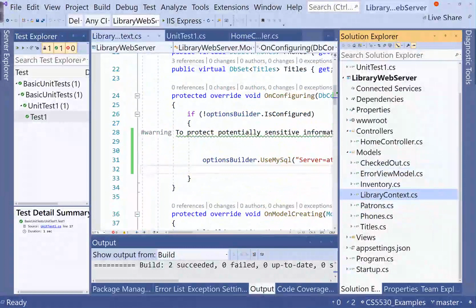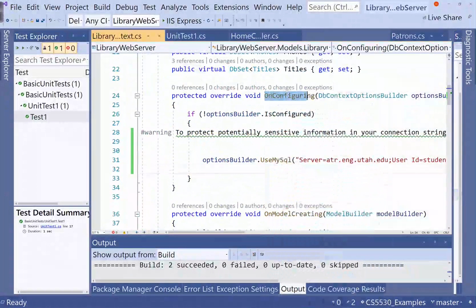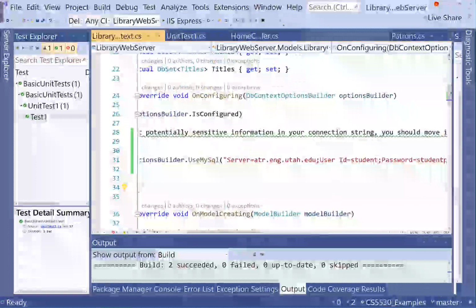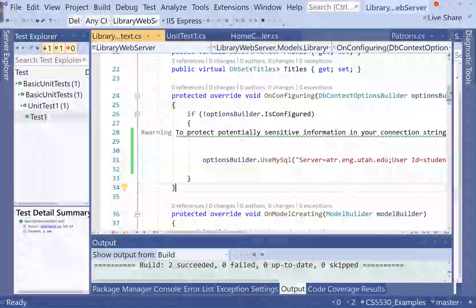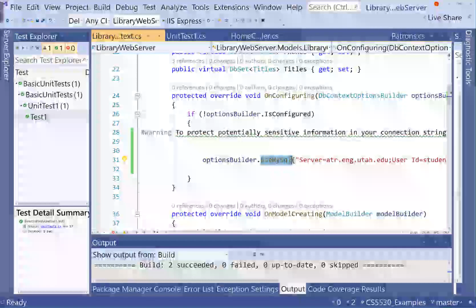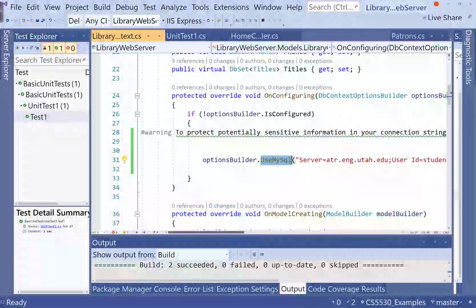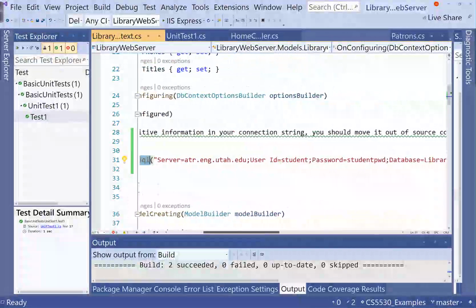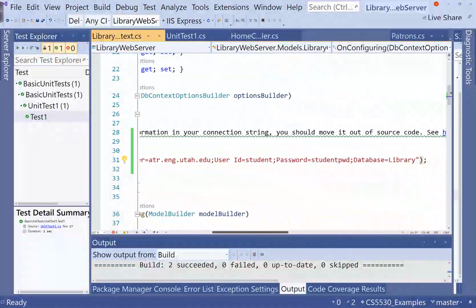Here's this method called onConfiguring, which says it takes in this options builder, but it basically says if the options builder is not configured, or in other words, if it's using the default options, then it does this, optionsBuilder.UseMySQL. So that is exactly what is making all of our queries use MySQL. And then inside of there is the connection string pointing to the server and the database and the user ID